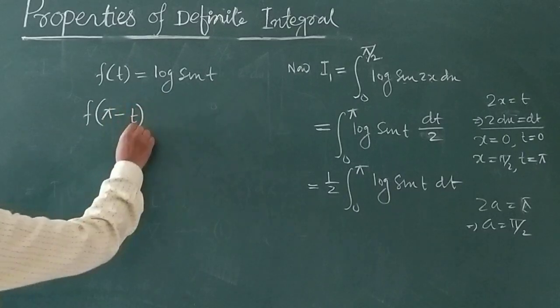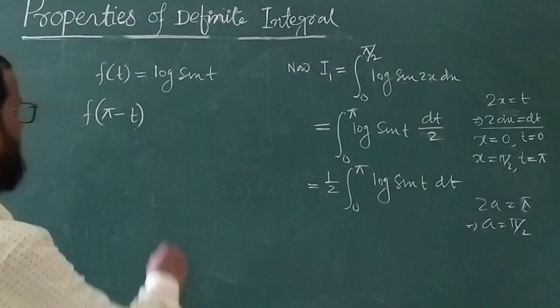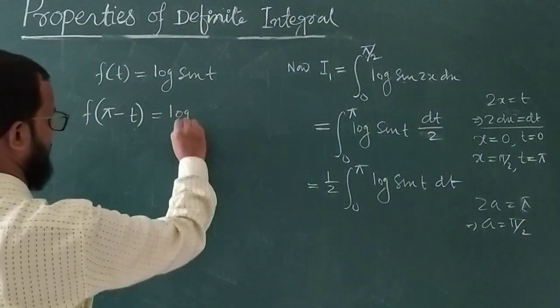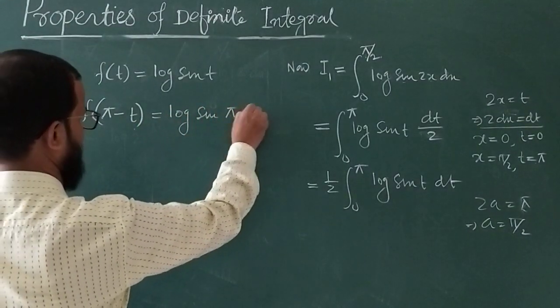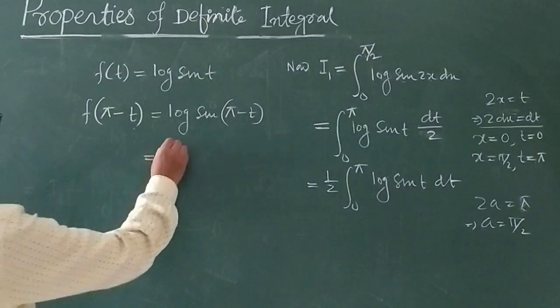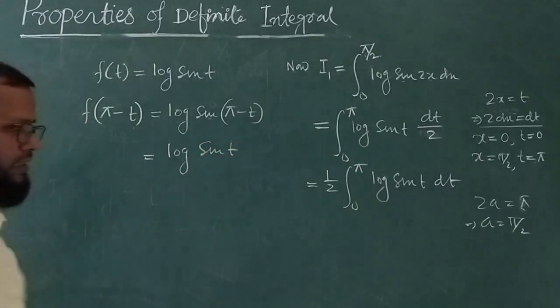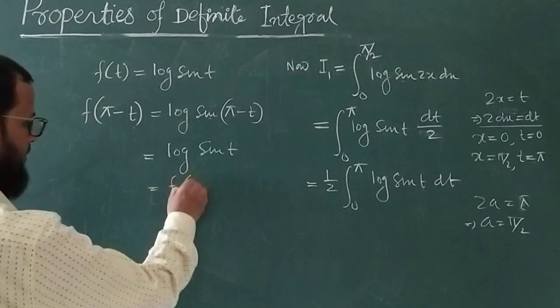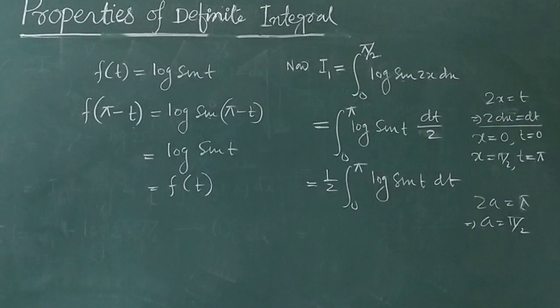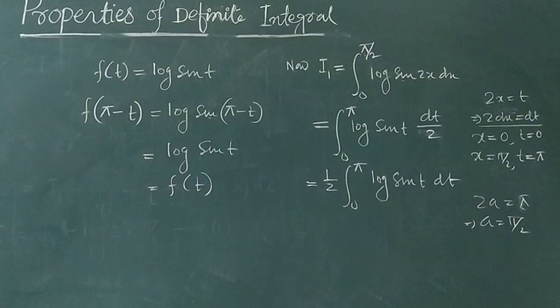If you compare with your formula, 2a means pi. So f(pi minus t) equal to log sin(pi minus t), and this will again be sin t by the quadrant rule, which equals f(t). Understood? So finally f of 2a minus t equal to f(t), and therefore this integral becomes I1 equal to